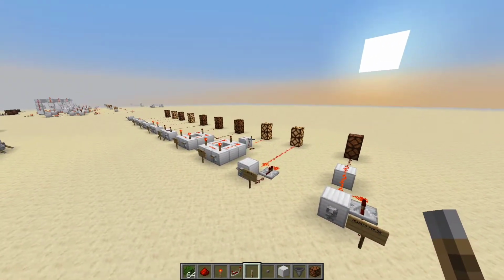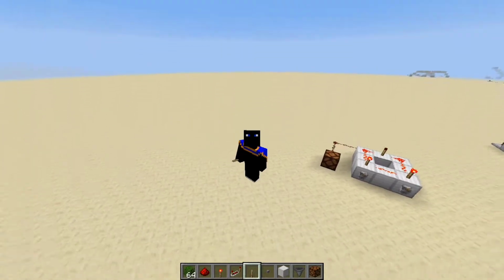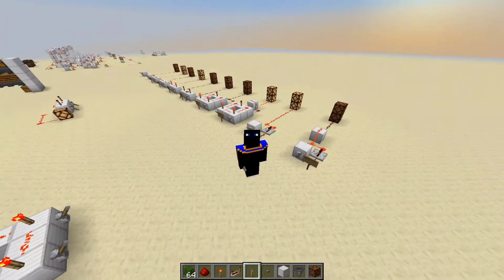So that is the end of this, I'd say, reasonably fast redstone logic gates tutorial. In the next video we'll be taking a look at encoders and decoders, and we'll be looking a bit more in depth at binary and how that can be